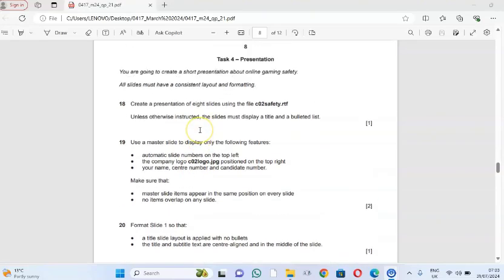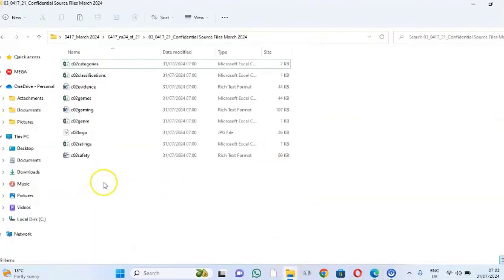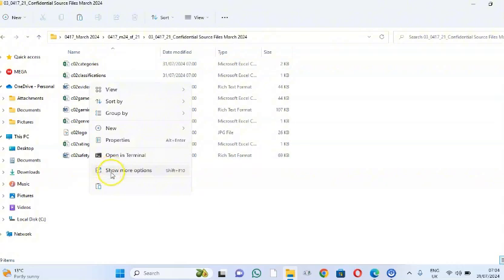Let's jump to the first task. Create a presentation of 8 slides using this file, which is ICT. So what I'm going to do is, first of all, within the source file or source folder, I'm going to create a